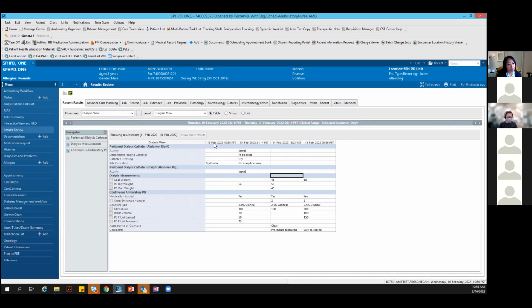So the best thing about results review is it shows you all the documentation in chronological order. So you can follow through from the earlier dates that you documented on this patient as you go through that. And this is where most of your physicians will be seeing what you've done for the patient. And also with this results review, you're able to see the order,